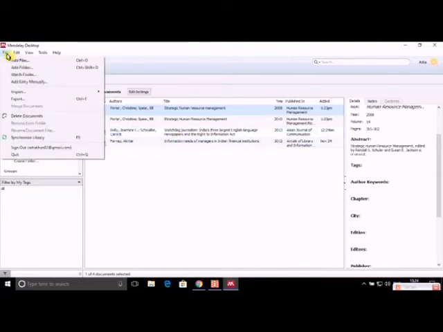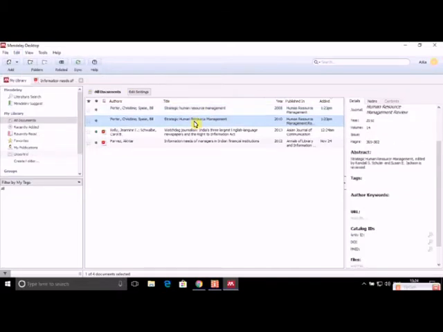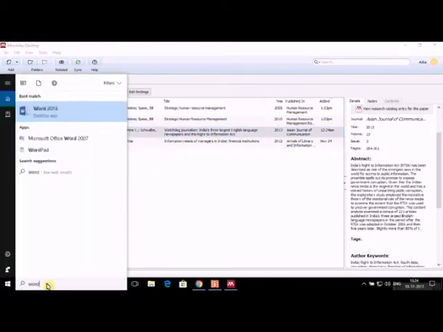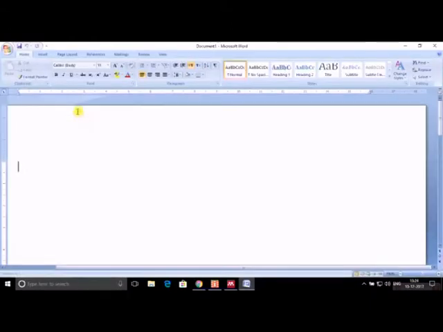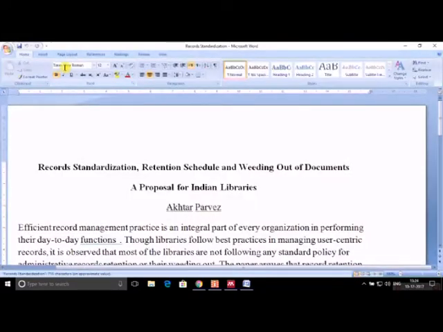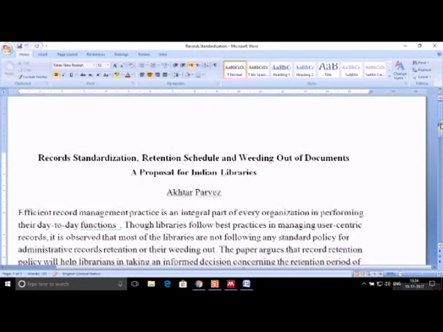So now if I want to cite these documents or these papers in my MS Office Word, I'll first open MS Office Word. Okay, and I open the same file which I had opened earlier.